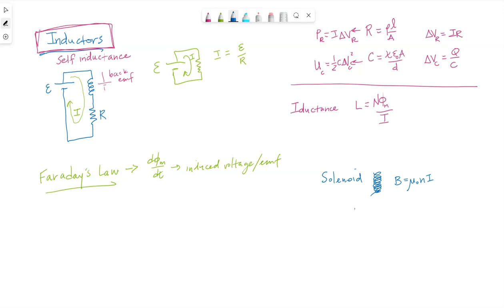Well, if we want to talk about this solenoid as an inductor and talk about its inductance, the flux in the center of the solenoid would be the magnetic field that it is creating times its cross-sectional area. But if we substitute in this magnetic field that it's creating,